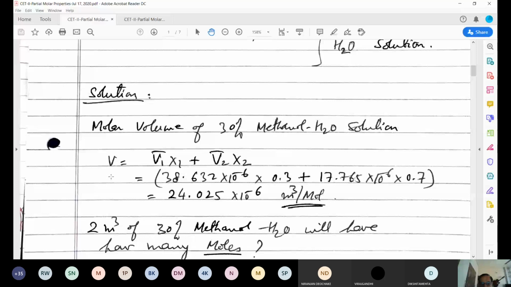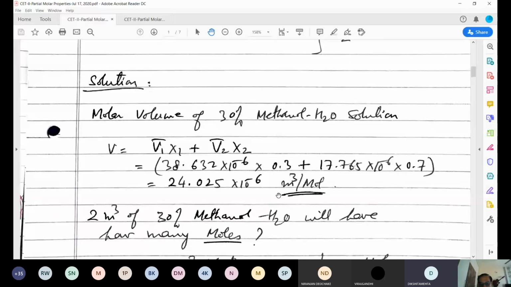So if I take 1 mole of 30% methanol in water solution, that means 0.3 moles methanol, 0.7 moles water का solution मैंने लिया, तो मेरा वॉल्यूम होगा 24.025 × 10⁻⁶ क्यूबिक मीटर्स। समझा गया? यस सर।